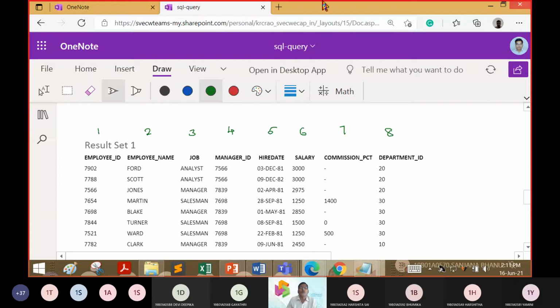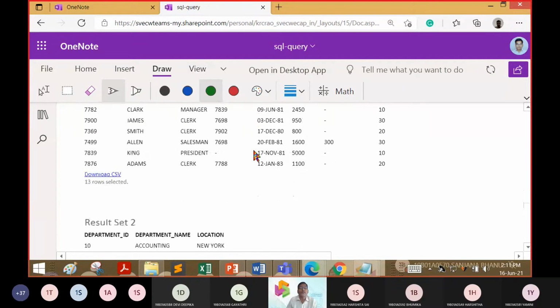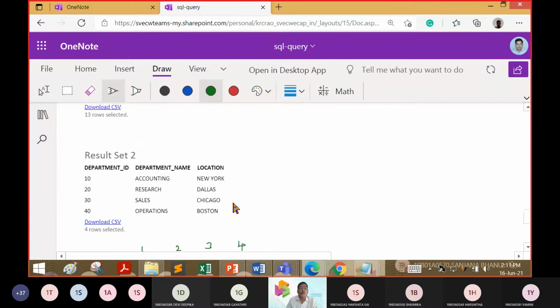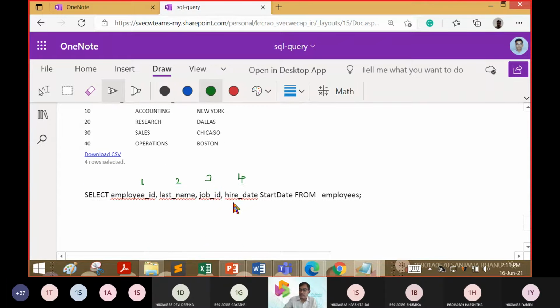So there are 8 fields in this case. Now let us understand what will happen if we display these: 1, 2, 3, 4. Now we have 4 fields to be displayed. So this is what we call a slicing technique.